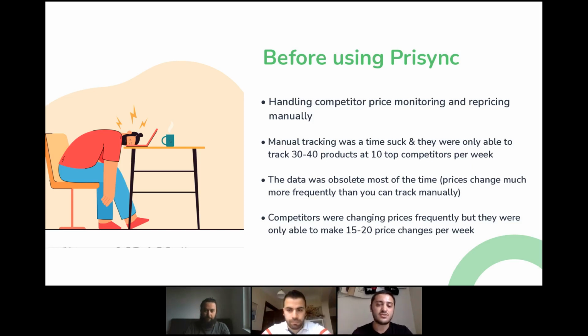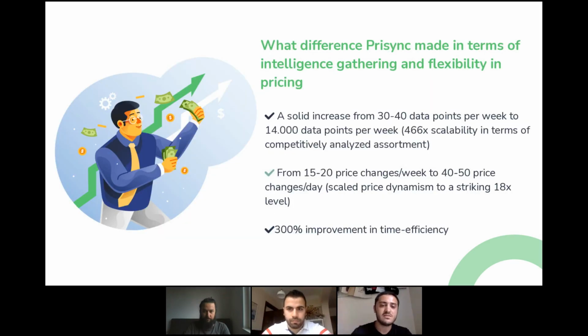Then they started using Prisync for both getting the price information and repricing their product prices. Prisync is, as my colleagues told you, automating this whole process from start to end. When we look at the data points they had after using Prisync, they went from 30 to 40 data points per week